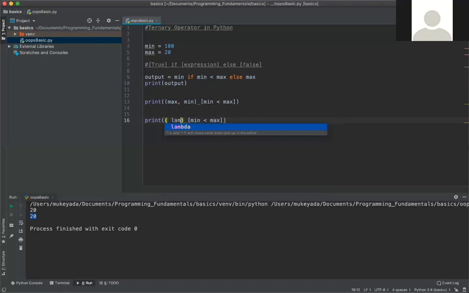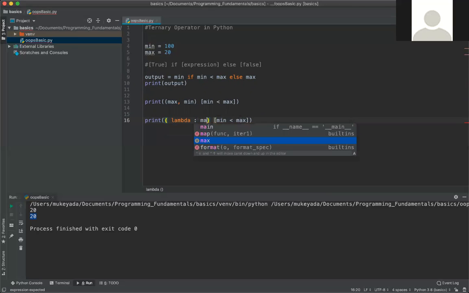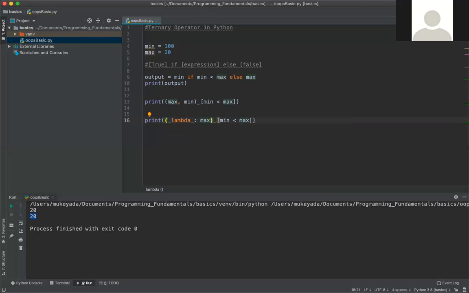We provide the lambda keyword, colon, max, comma, again lambda, colon, minimum. Here we can write, let's say, using lambda.